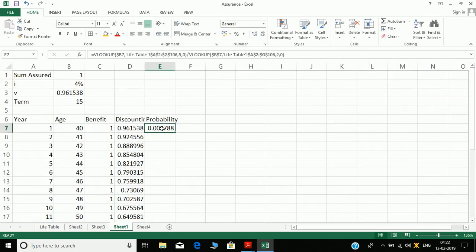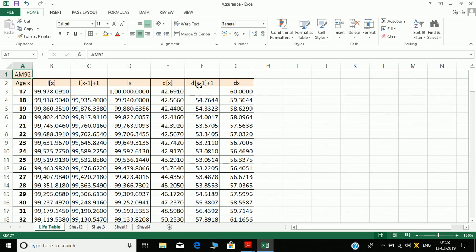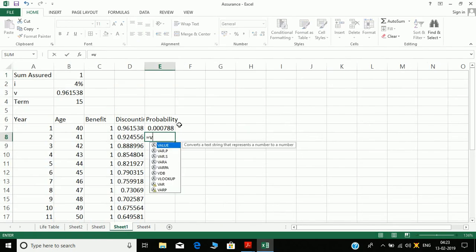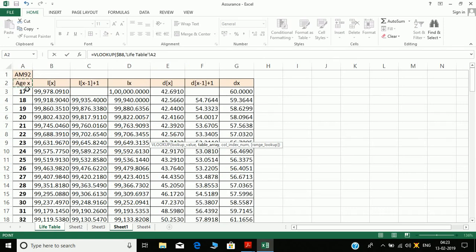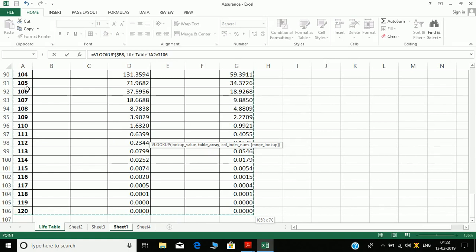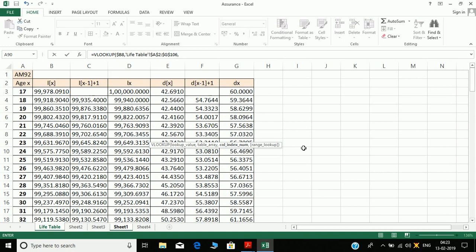Now we cannot drag this because the second one is select mortality. So when it comes to the second one, after year 1, it will take the value of D box X minus 1 plus 1. So again writing VLOOKUP, age 41, in that life table tab, this, comma. Now it is the value from the 6th column. It moves on diagonally.